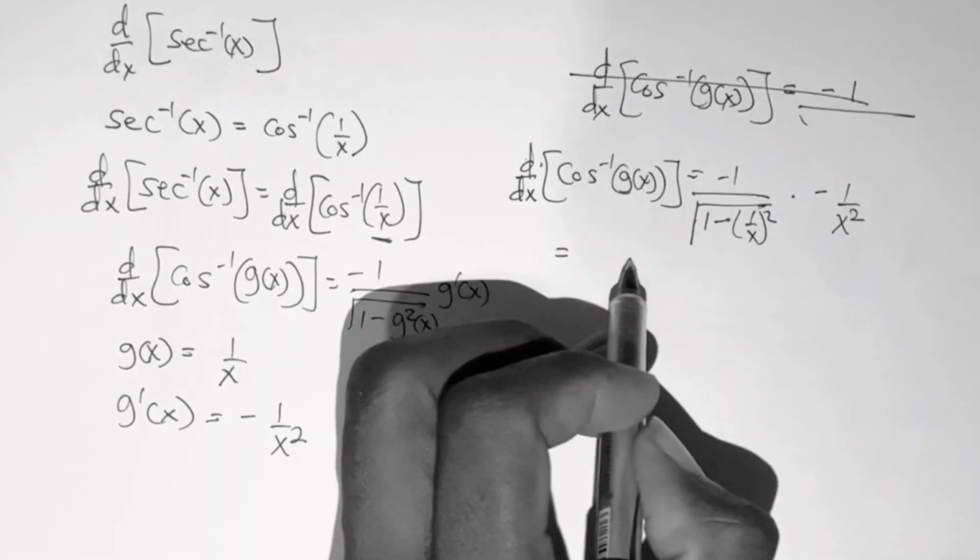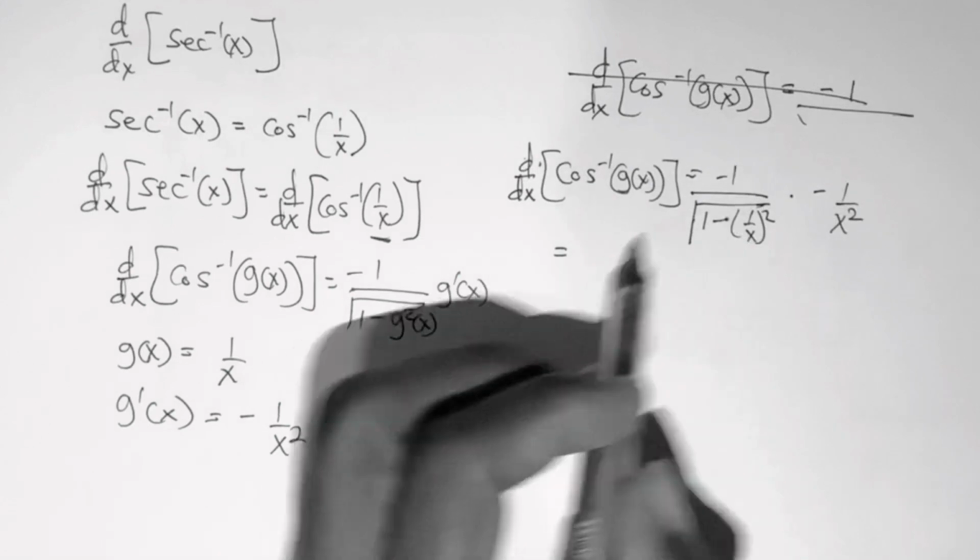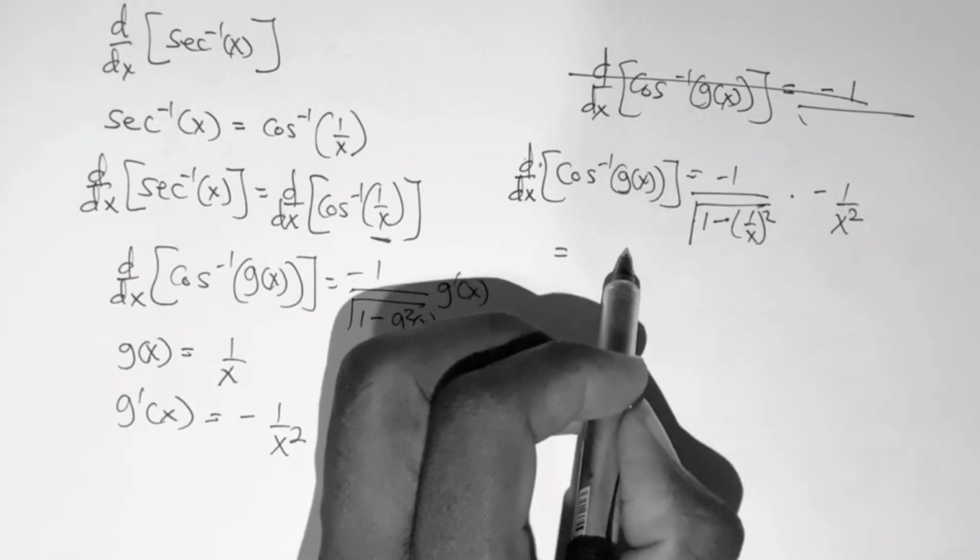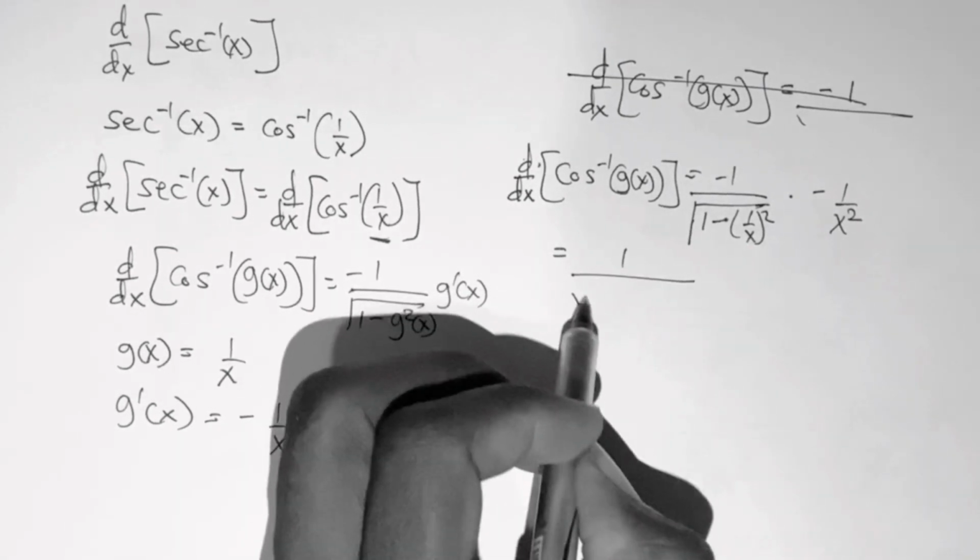So this is equal to, now minus 1, they will cancel out, so it becomes 1 divided by x squared